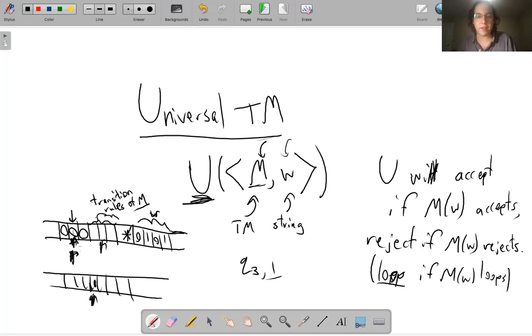So the transition rule might say, now write a 0 and now move to the left. So we can write a 0 and we can move one to the left so that we point here. Okay, and then after that, we will have to transition to a new state like Q7. So that will mean that we will have to erase this marker and put it at a different state. Okay, so anyway, I'm not sure the explanation is very clear, but the idea is that we can define a